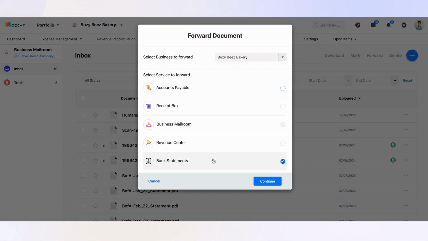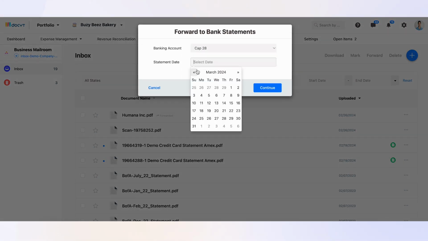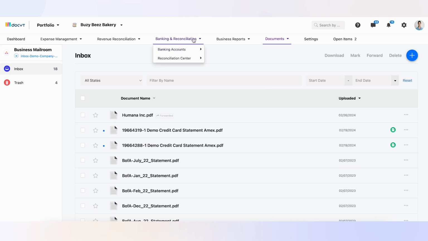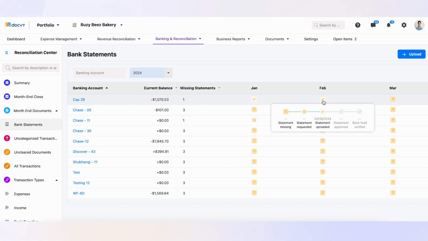Then, choose the Bank Statement checkbox and click on the Continue button to proceed. Choose the account associated with the bank statement and select the date of the statement. Then, click on the Continue button to proceed. After clicking Continue, you will be able to view the document in the Bank Statements section of the Month-End Documents